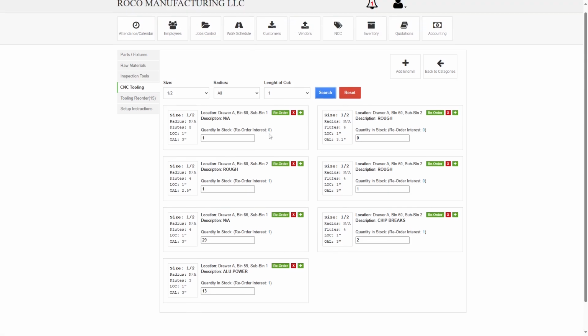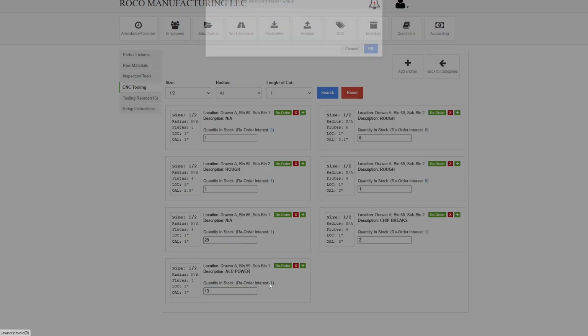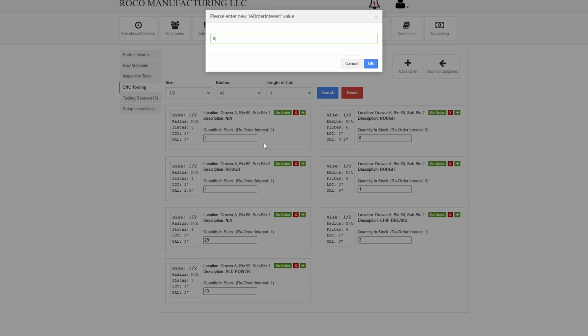So what that means is, if it says reorder interest 0, nothing will happen if the quantity in stock drops below 3. But if it has a 1, after the quantity in stock drops below 3, that tool will be added to the tooling reorder list. And you can modify that by clicking on it